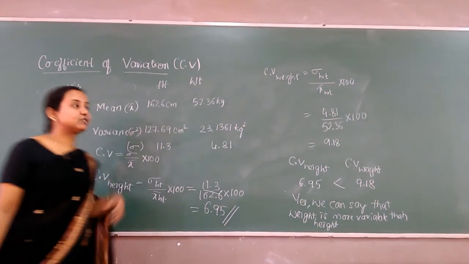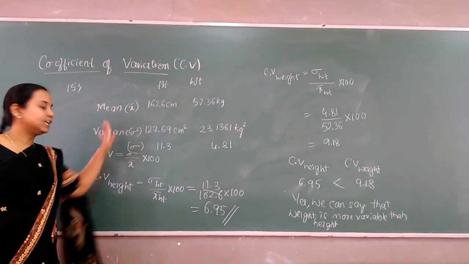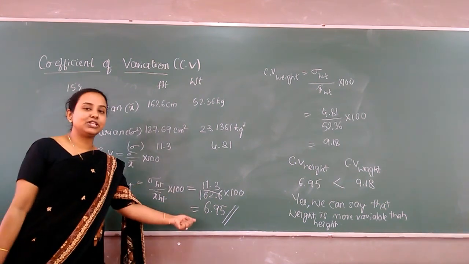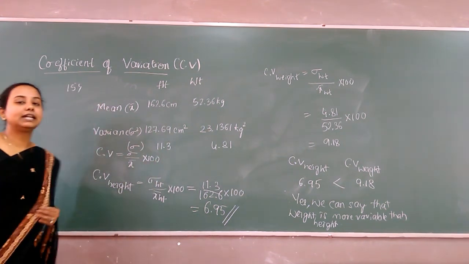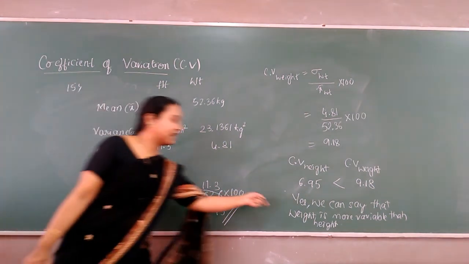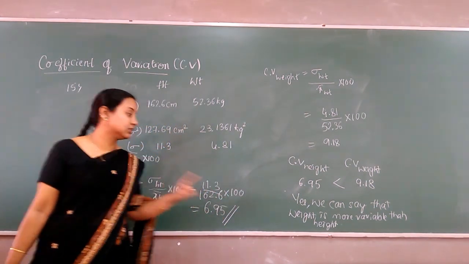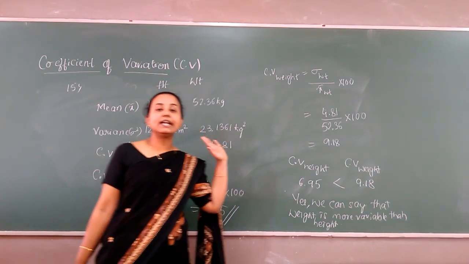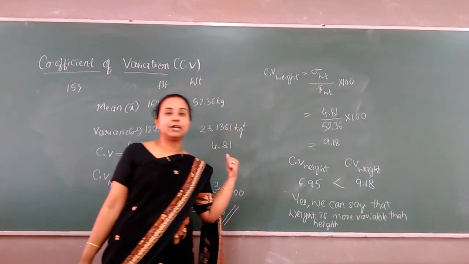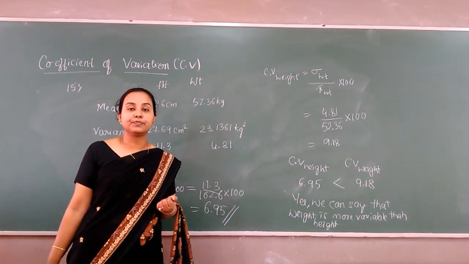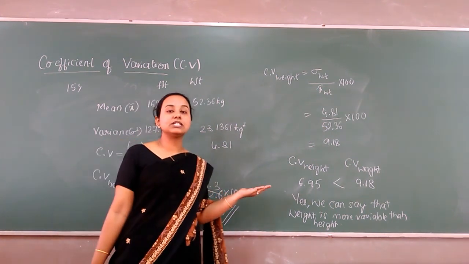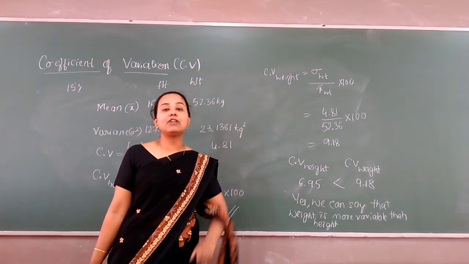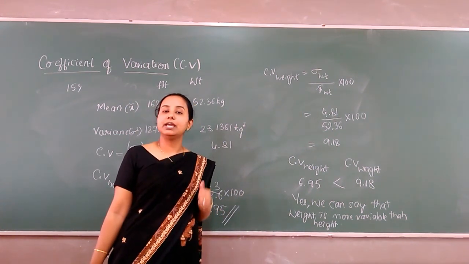Okay, so this is how you are going to solve a problem in a simple way. First write what is given. Obviously, you will get to know what you have to calculate. Knowing the formula, substitute and you will get an answer, and finally write the conclusion. This is very, very important. Let us assume that you have calculated but not written this final statement, then it is of no use, because they are asking the question and you have not answered. You have calculated the CV, but comparing and writing the conclusion is very important.